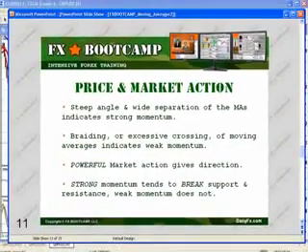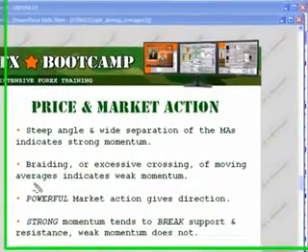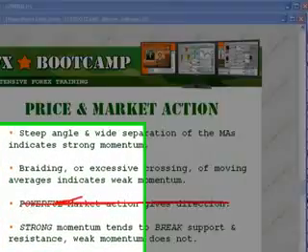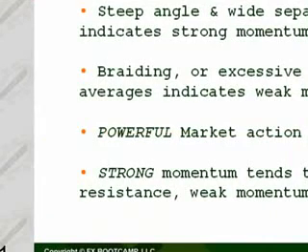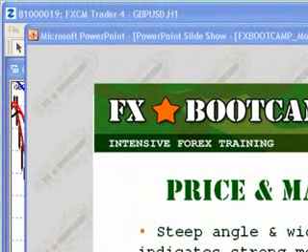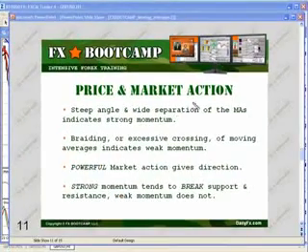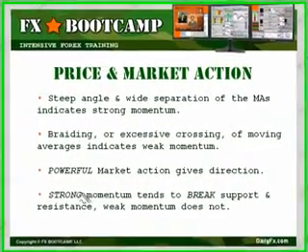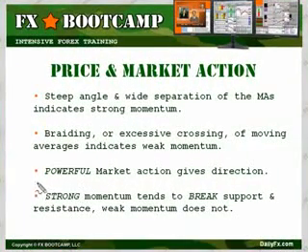So what you're looking for is powerful market action: good angle and separation between the 21/55 to set you up for the day. You say, aha, the market is up today, I want to buy. Or you say, aha, the market's down, I want to look for reasons to short. And then once you have that established, which is a trade plan, you look for reasons. You look for things like 5/8 crosses, and momentum of price in the same direction